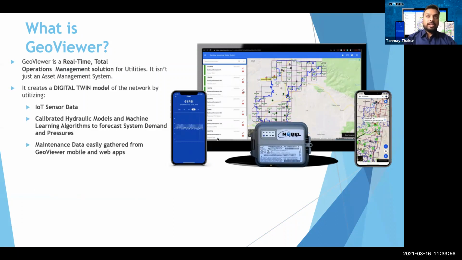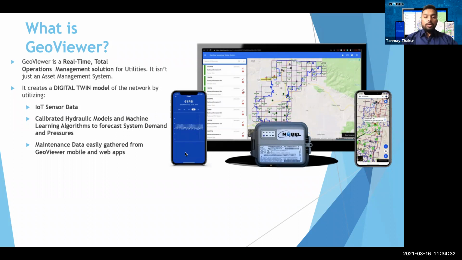What I mean by digital twin model is that we are implementing real-time monitoring solutions, feeding the data into hydraulic models and AI and machine learning models, and giving you an output that helps increase the efficiency of the field staff, and also reduces the non-revenue water loss in the water district from year to year. We have an application which is mobile and web based.